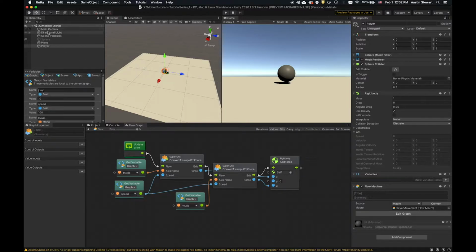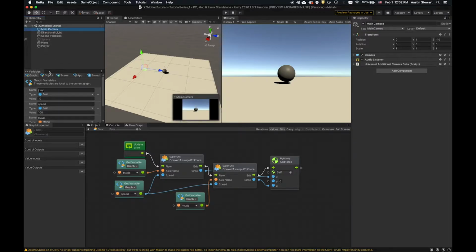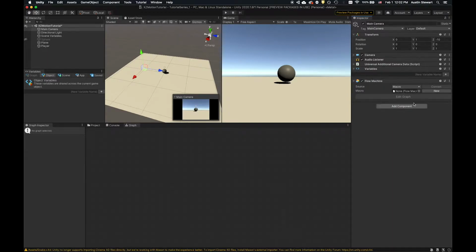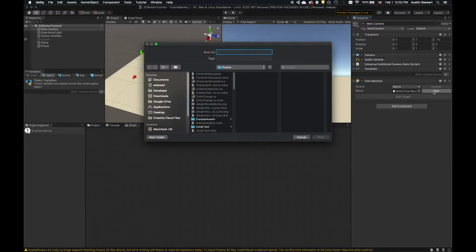So let's get started. I'm going to go ahead and select my main camera. In order to do this, I'm going to need to create a new flow graph that's attached to this camera. So I'm going to click on Add Component, go to Bolt, and say Flow Machine. When I do that, I'm going to need to create a new macro. So I'm going to click New, and you could call it Camera Follow. I know I've already created one and it's saved in my assets folder, so rather than that, I'm going to call it Follow